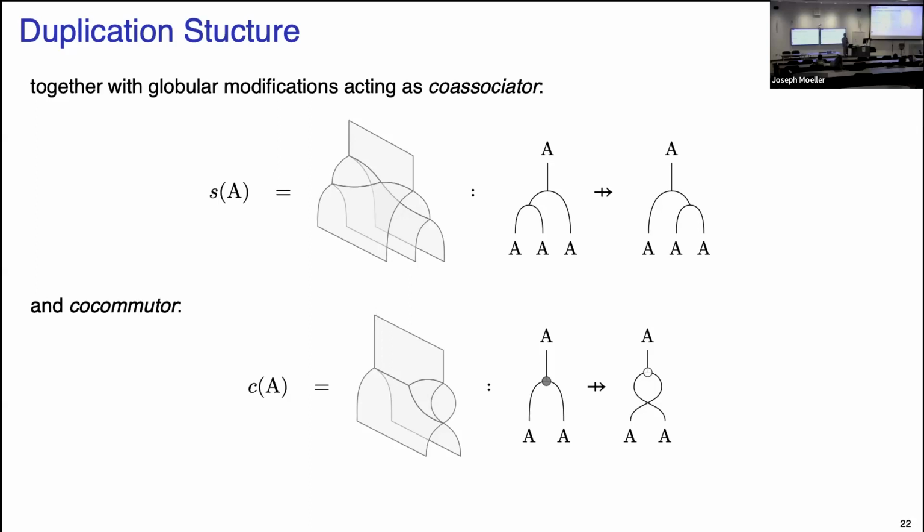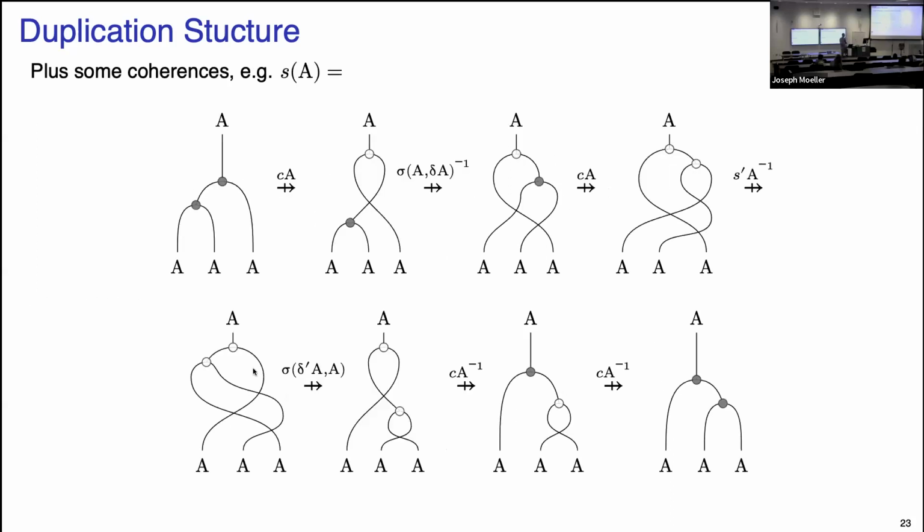order here, right? We have some order on the left, and if we use the same order here, then when we do this braiding, it's going to mess up the order, and we're going to get a different order. So we need to use 2 different duplicators on the boundary in order for this thing to be a well-behaved modification. Okay, and then there's some coherences, some coherence porn I'm not going to spend too much time on, but